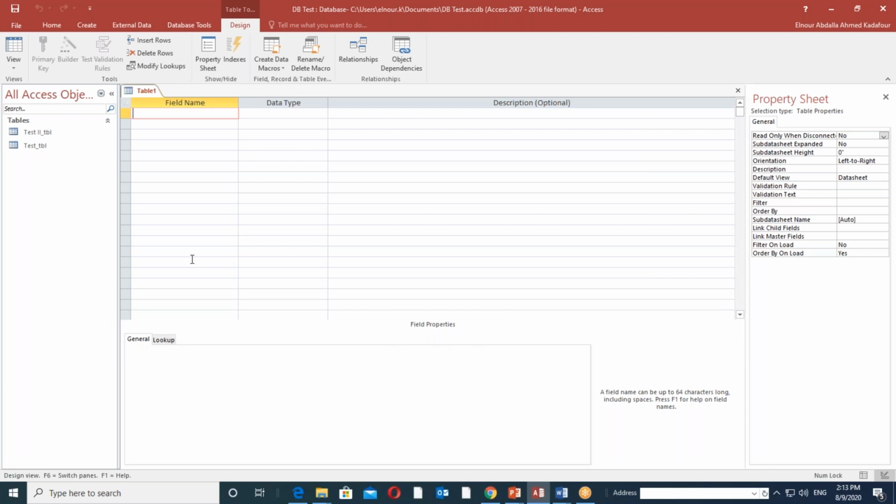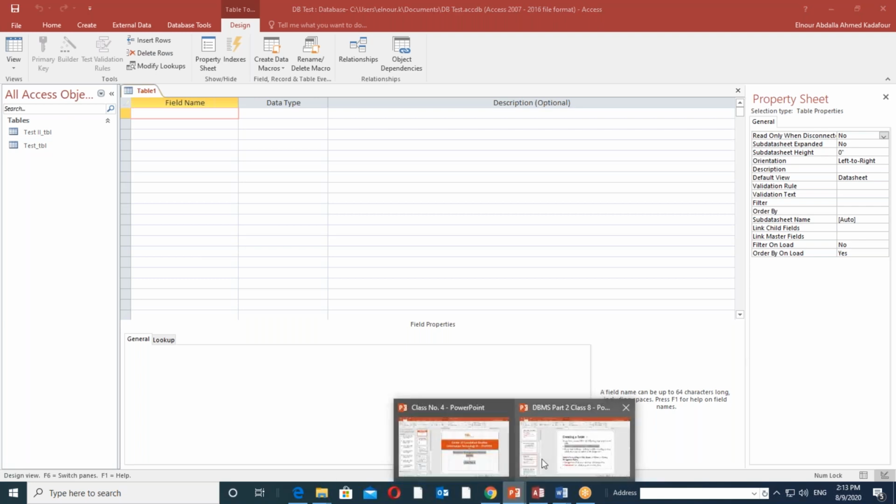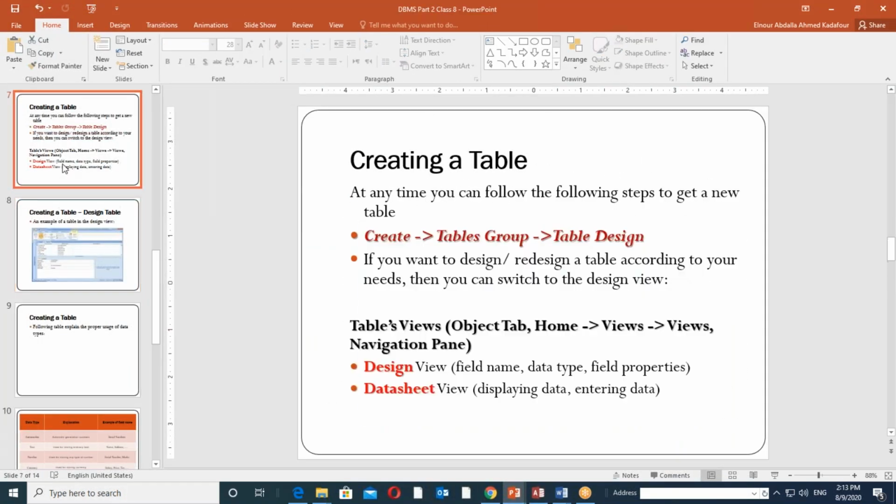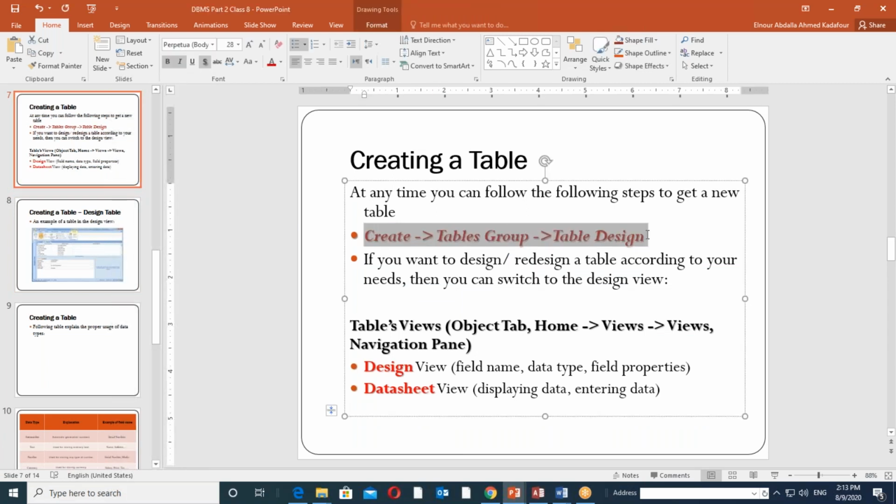لأنه اتفقنا from the beginning the table have 2 view. Okay. So these are the steps. These sequences, a sequence التسلسل. Create, tables group, table design. تعطيني ايش؟ creating a new table at any time. إنشاء جدول جديد في أي لحظة من اللحظات، في أي وقت من الأوقات، إذا كان المقصود والهدف هو a table